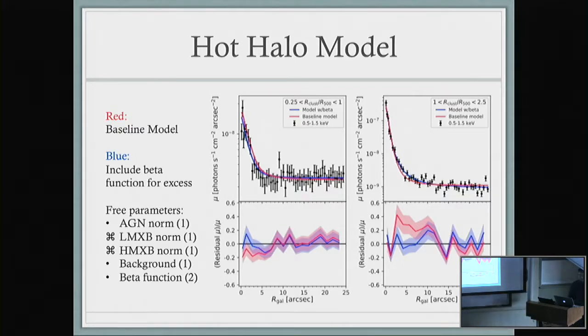And so the idea here, a very simple idea, is that if we stack on galaxies interior to R500, the X-ray profile of the stacked image is very well described by just X-ray binaries. Really, you don't even need the AGN, actually, and a background. When you get outside R500, suddenly you need an AGN component. So AGN are more prevalent outside the virial radius, which is a side result. But more importantly, you need an extended halo component in the X-ray.